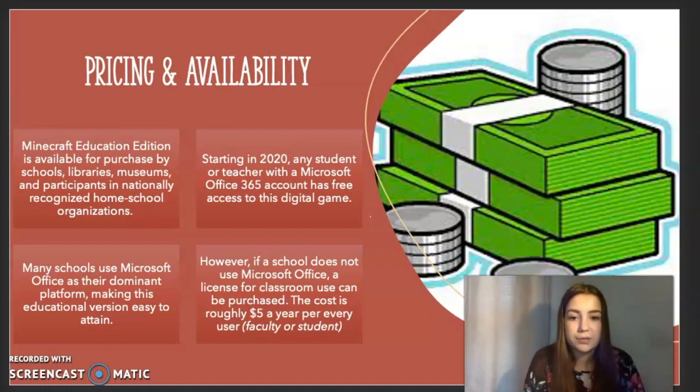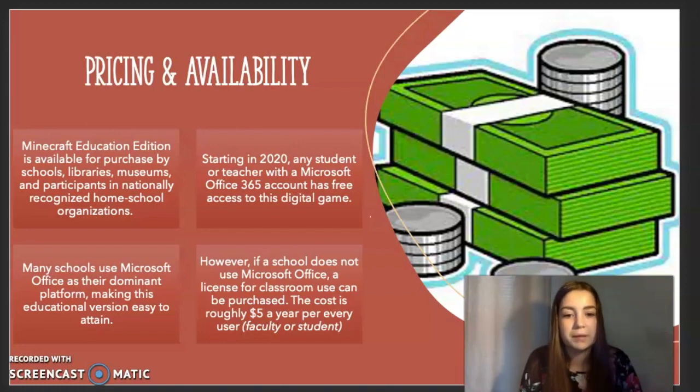Also, starting in 2020, any student or teacher with a Microsoft Office 365 account has free access to this digital game. Their collaboration has resulted in free access, and this is great because a lot of schools do use Microsoft Office as their dominant platform. So it really makes this educational version easy to attain.